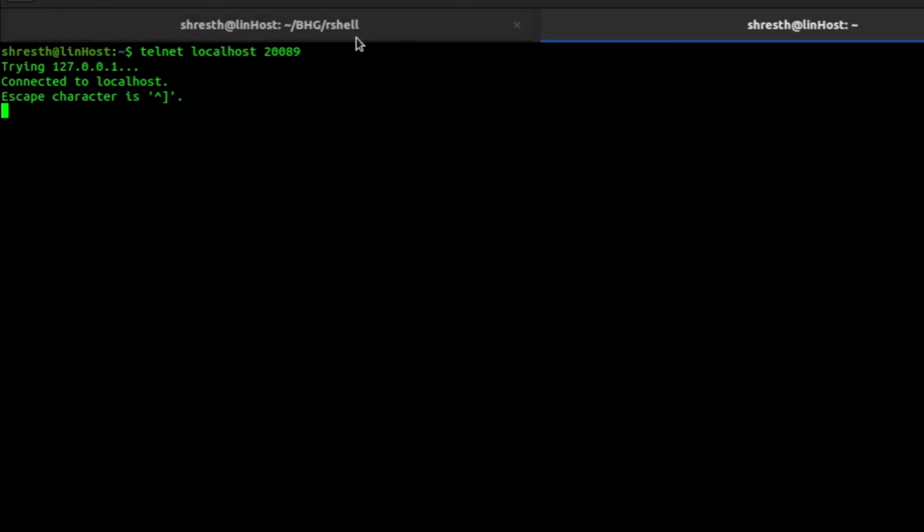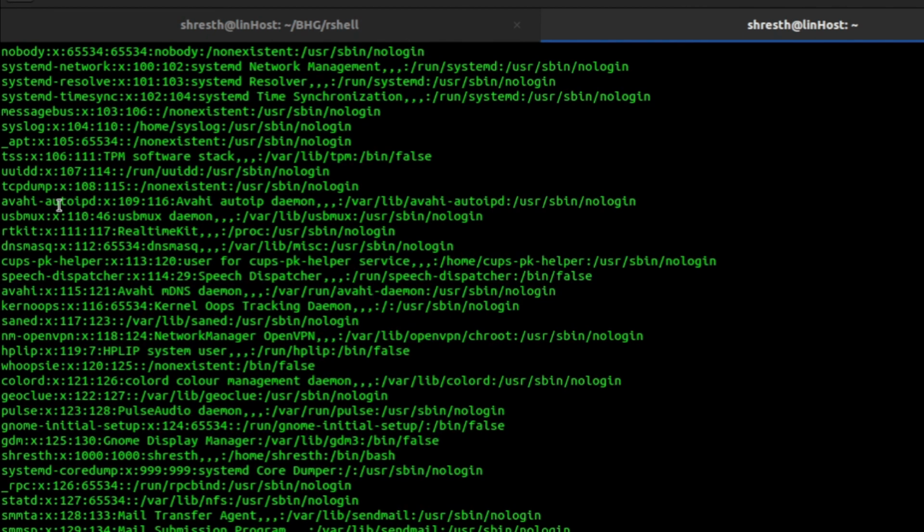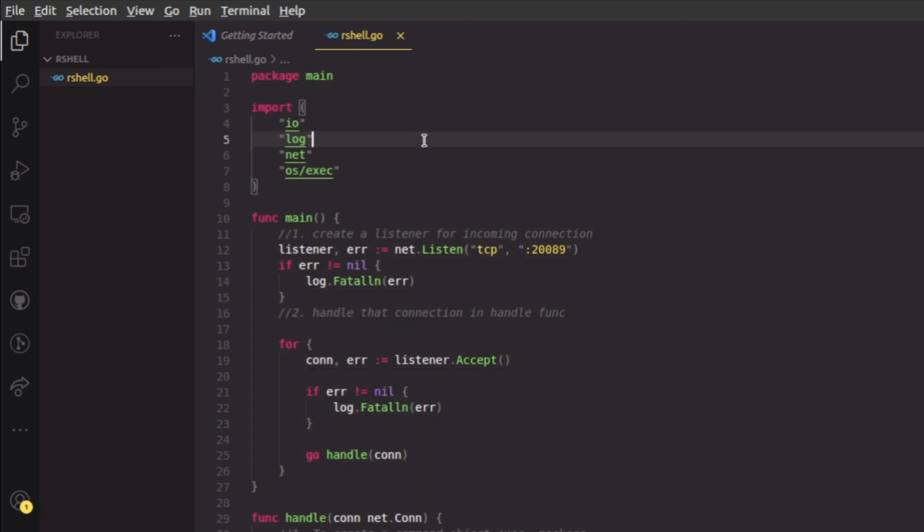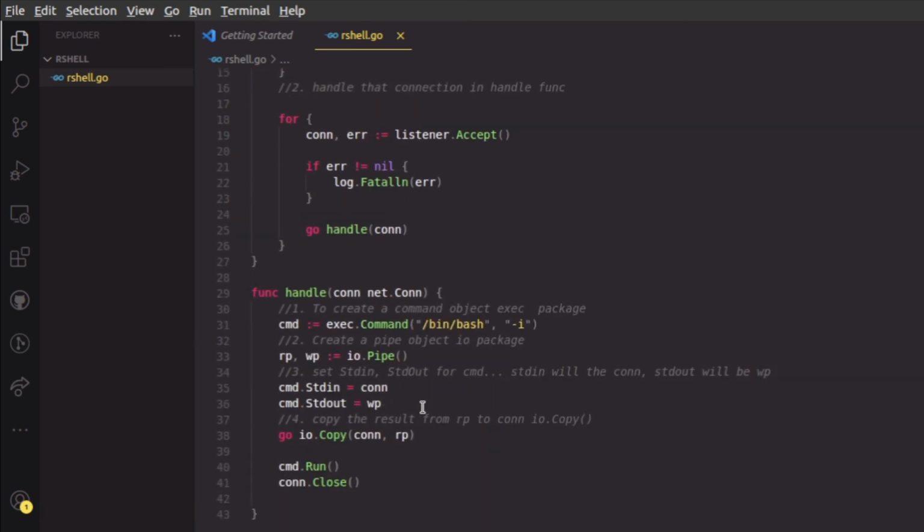So now we are connected. Let's execute some commands. Let's say whoami. See here, the command is executed remotely and we got the result here, Shreyast. And what I can do is ls, not ls, we'll say cat /etc/passwd. See, we got the result. So with just a few lines of code, around 43 lines, we were able to implement a very basic remote shell tool